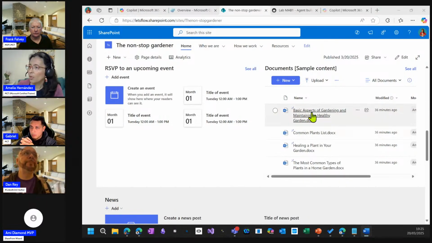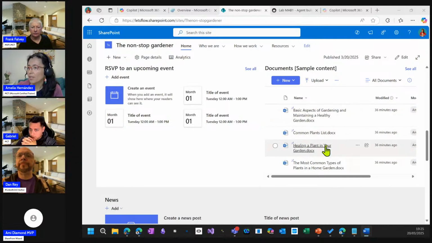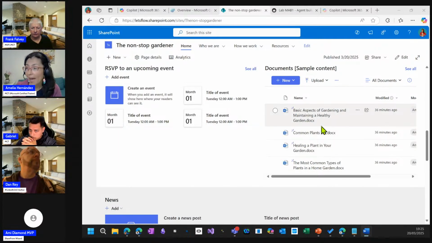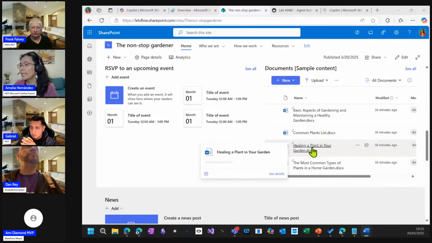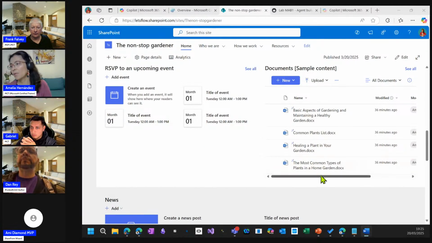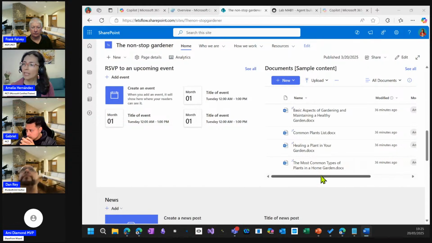But the important thing is we have here within the documents basic aspects of gardening, the common plants list, we have healing plants, and the most common types of plants in a home garden. So within this SharePoint site, I've put a lot of knowledge, and this Copilot agent can expand its knowledge with the help of these